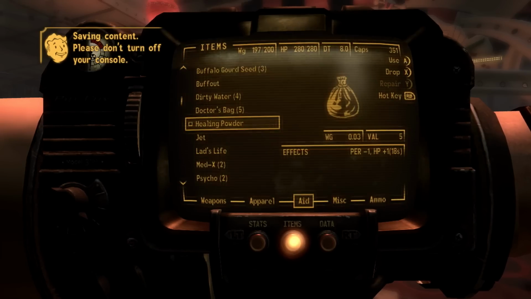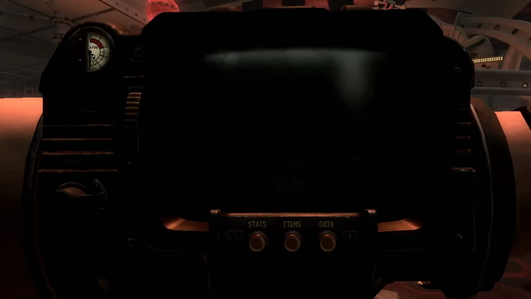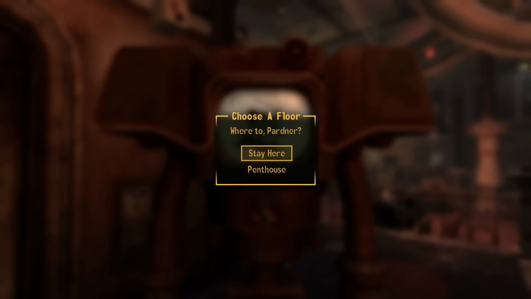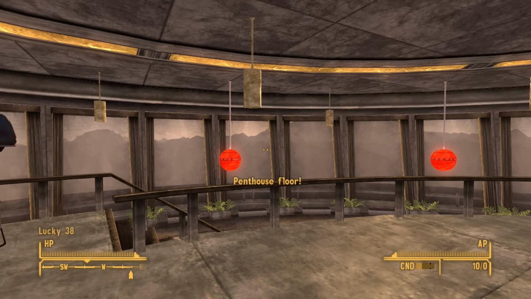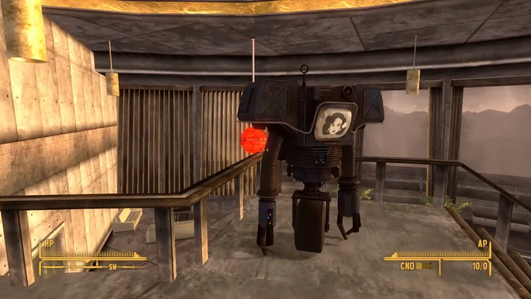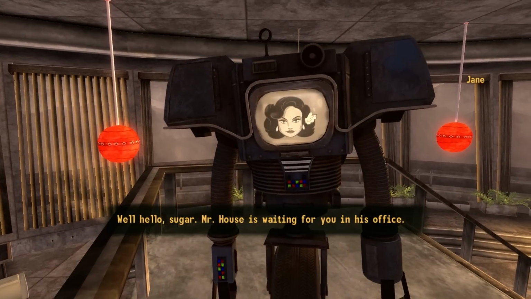Oh, I didn't sell my stuff, did I? Son of a bitch. I meant to sell that. I knew I missed something. Where to, partner? Okay, so we're going to want to go to the penthouse first. Penthouse floor. Let's see if we can get down now. What floor, partner? Okay, so you can't go down there. We're going to want to go to the cocktail lounge eventually. And actually, I think you could... well,